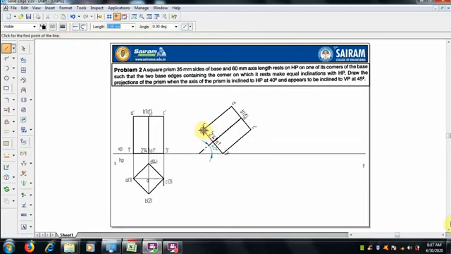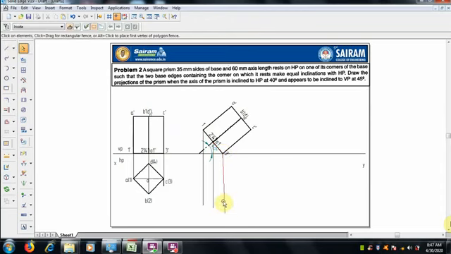Now we have to draw the top view after this inclination. This can be done by projecting lines from each corner. Draw the vertical projector lines using 0.13 mm thickness thin line.